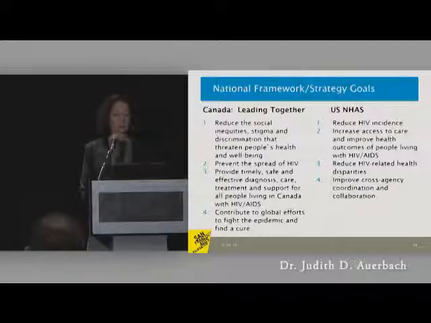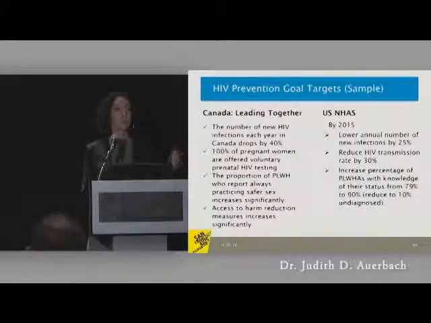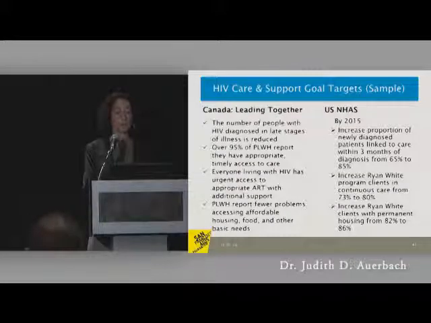So looking, and I'm just going to run through these quickly in the interest of time, there's a prevention goal that has targets. So each of the goals has some version of targets. In the U.S. plan, they're much more specific, and that was part of what we wanted to make sure happened in our strategy. So by such and such a date, we are going to affect such and such a change. And in this case, reducing infections by a certain amount by a certain year. You have something sort of close. Here's the care and support and treatment goal targets. Again, somewhat similar with slightly different focuses about identifying infections, linking people to HIV care and general care. We have some programmatic specific things.